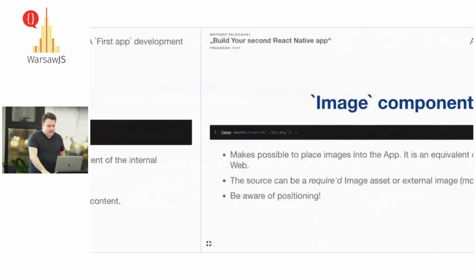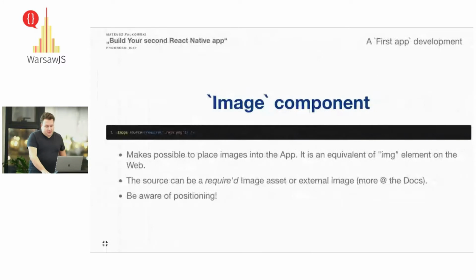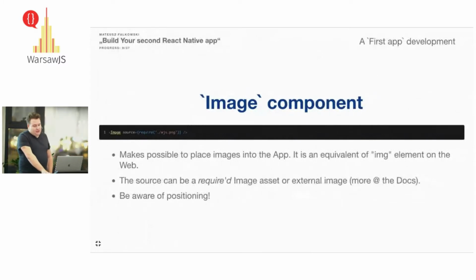And we have the Image component here, which is responsible for handling images. In React Native, we have two components that can keep images: Image and ImageBackground, if I remember correctly. Image is just for embedding any image. ImageBackground is a view that has an image background. It's something like a div on the web, but with an image background.